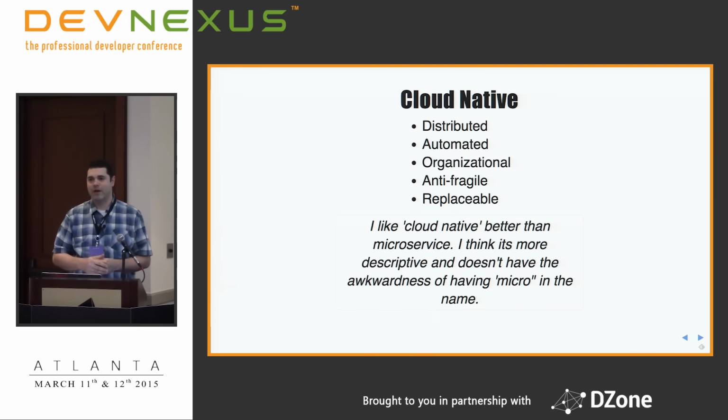I don't know that it matters in the number of lines of code or things like that. I think it's almost an organizational approach as much as it is an architecture, right? You want small teams that are able to think about small parts of the overall system and execute well on them, and at some point replace them when they need to be, and have all these pieces in place for a truly cloud native type application. But I will use the term microservice just because everyone understands that.